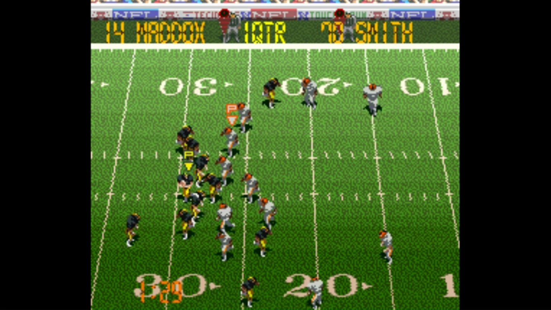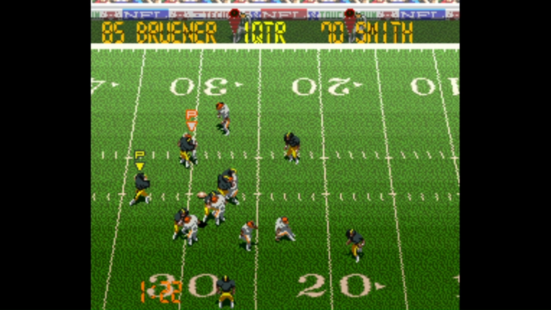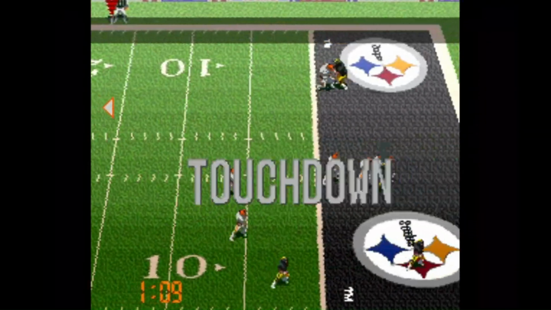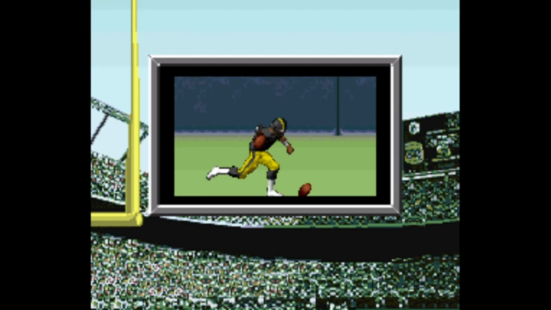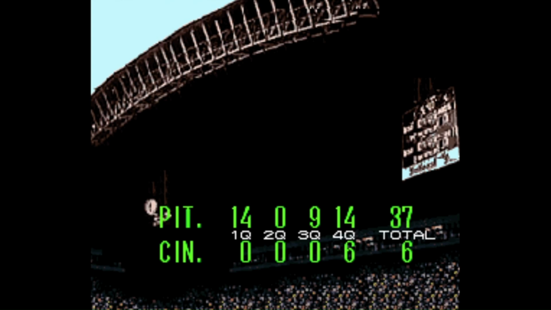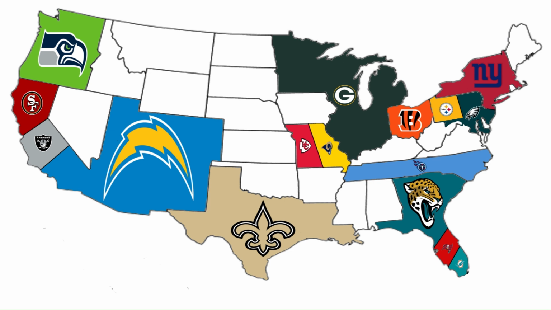The Steelers already lead 7-0 in the first quarter. This short pass goes to Mark Bruener, and he's able to outmaneuver basically the entire Bengal defense. He gets in for the touchdown before the first quarter is even over. This game is 14-0. The Steelers run riot all over the Bengals, winning this one 37-6. Considering that the Bengals were the bottom team, winning a single game is going to count as a run. The Steelers, though, win this game, take over their territory, and they've taken their first step in 2002 Imperialism.